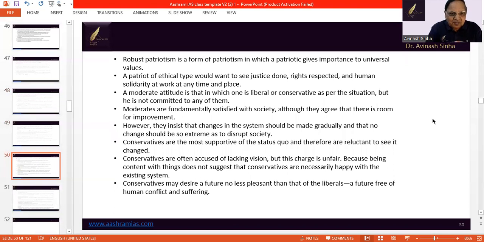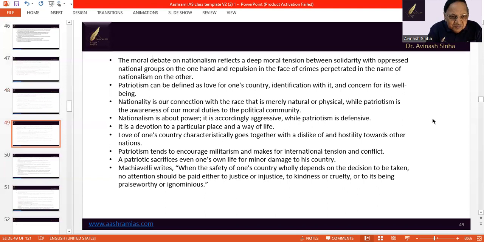Now, there are the cases of, say, after this nationalism, we find the attitude of patriotism. Now, what is this patriotism? Patriotism tends to encourage militarism, now listen, and makes for international tension and conflict,